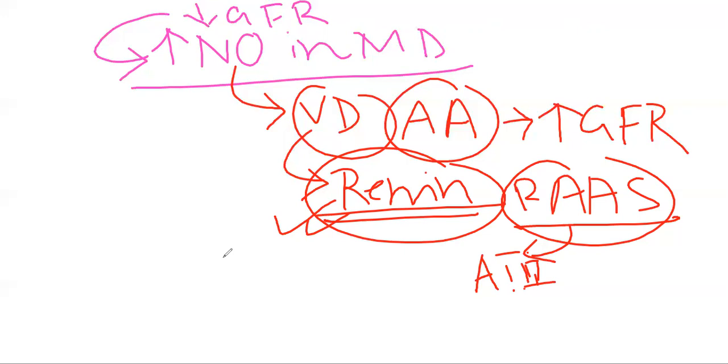So here we try to understand that when there will be reduced GFR, there will be production of nitric oxide in the macula densa, which is recently discovered, and it will vasodilate the afferent arteriole, that will lead to increase or normalization of the GFR, as well as help trigger the production of renin. And renin is the chemical substance for the renin angiotensin aldosterone system, which normalizes our GFR as well as our blood pressure by the production of angiotensin 2 and aldosterone by several mechanisms. So these are all about our tubuloglomerular feedback mechanism.